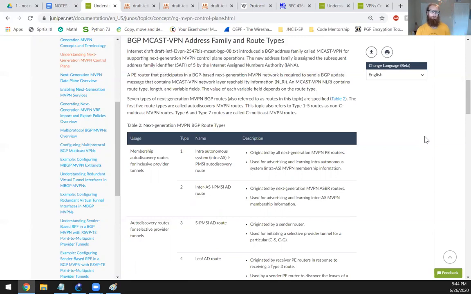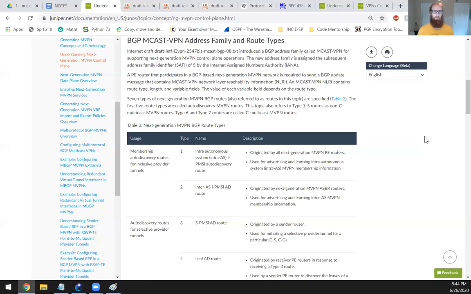A PE router that participates in a BGP-based next-generation MVPN network is required to send a BGP update message that contains MCAST-VPN network layer reachability information, NLRI, and MCAST-VPN NLRI